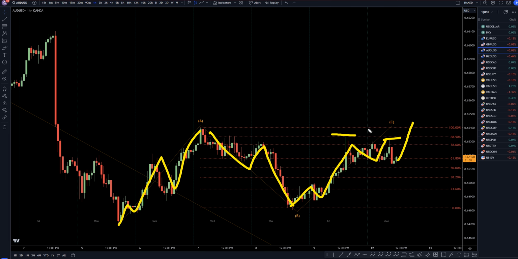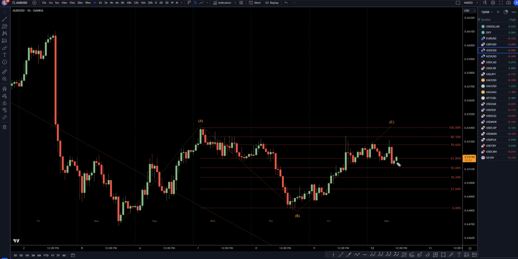Now if it does pop up and take out the high of wave A, that actually probably would be a much clearer pattern. But like I said, a lot of dollar pairs look like they're going down, and I think there's a pretty good chance this one's going to go down also. And plus, I think it's going to most likely set itself up for tomorrow's CPI news, which I think at this point, most likely it's going to continue to drift down, setting itself up for a big long at the